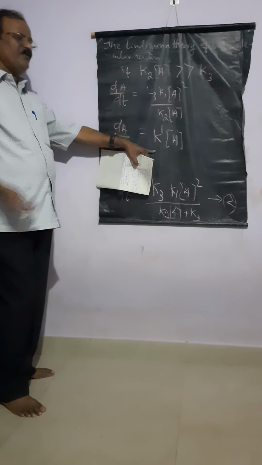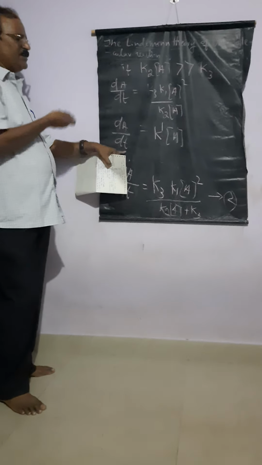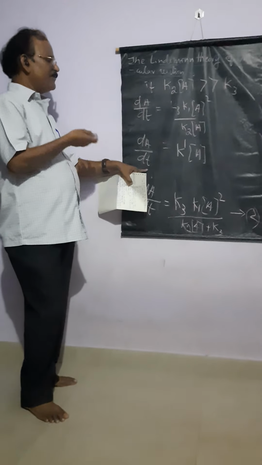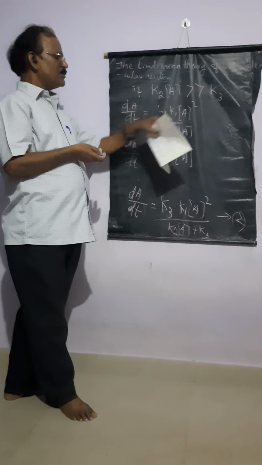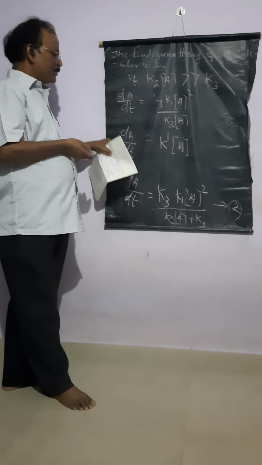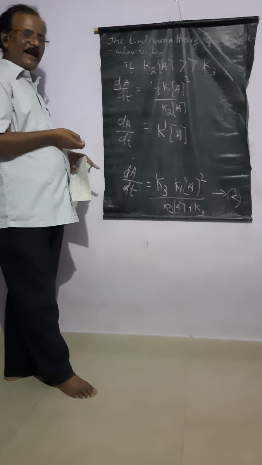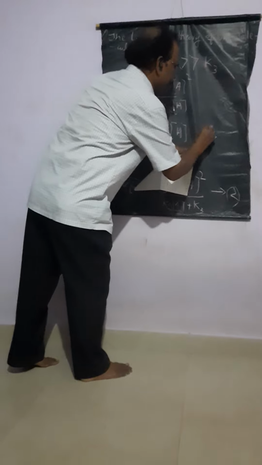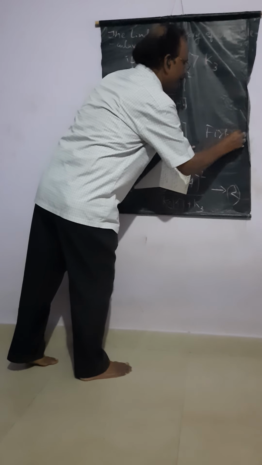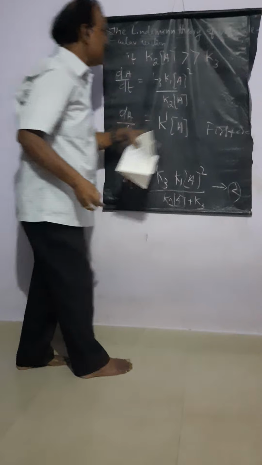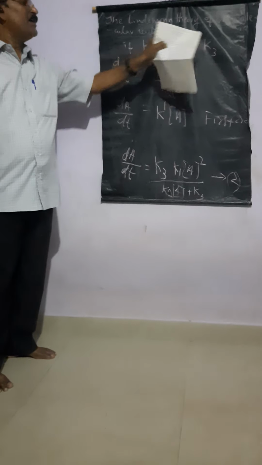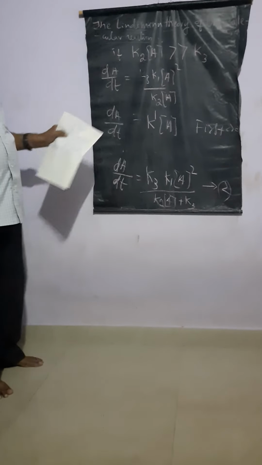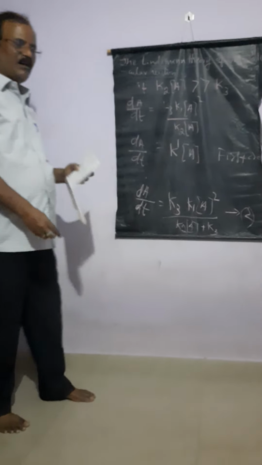By seeing this equation, we can say according to the definition, the order of a chemical reaction is defined as the sum of the powers of the concentration terms which are used in the experimentally determined rate law expression. So the sum of the powers is 1, it is a first order reaction. So it is case 1, when K2A is very greater than K3, that means at higher concentration of the reactant A, the reaction is of first order.